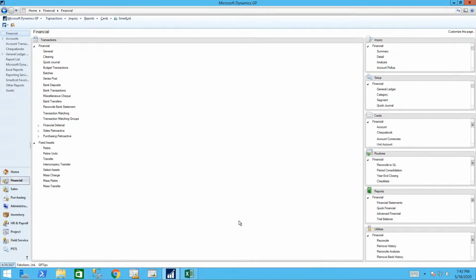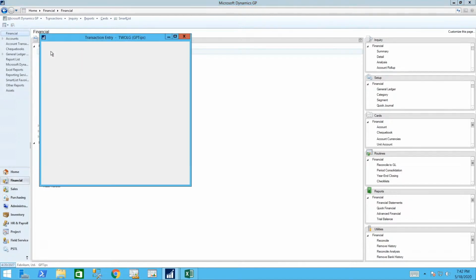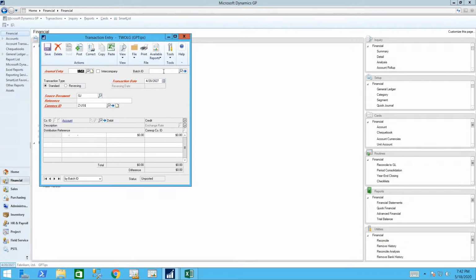Okay, let's show you a couple of quick tips for the general ledger. So if you've got entries that are large or you're doing regular entries by spreadsheet, as a lot of people are, you're not the only ones. It might be easier if you could just take that spreadsheet and put it into a general journal entry. So if we go into general and we create our journal entry and we use the batch ID that we've been using of demo,